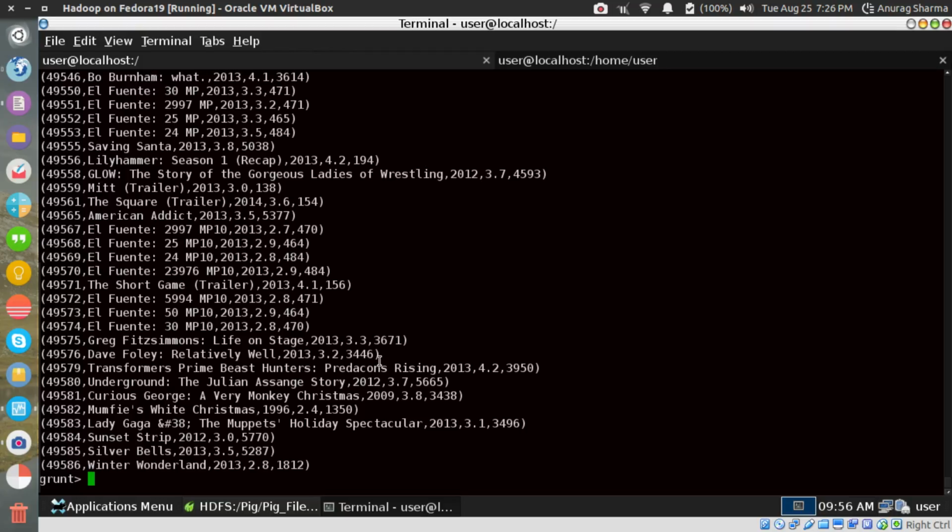Yeah, so it is printing the data. Now it should store. Let me try again.